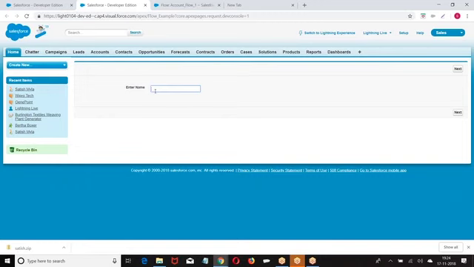I can create a tab for the Visualforce page. When you click on the tab, the flow will be invoked. Are you getting it? So we can invoke from the custom button we can create. We can invoke from the Visualforce page, and also from the process builder, and we can invoke from the Lightning component. Like as a Lightning component, we can use it.